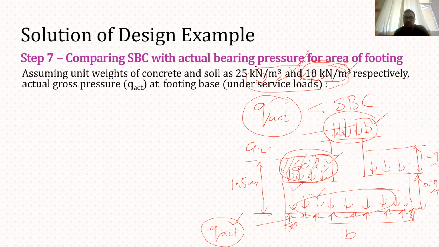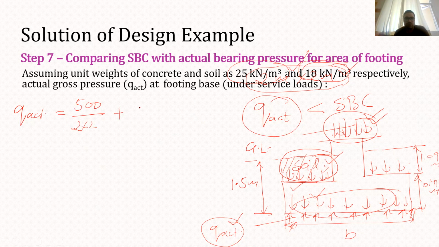So assuming the density of RCC as 25 kilonewton per meter cube. Now, ultimately, how do we find out Q actual? Q actual will be the pressure caused due to the load coming from the column. So the load on the column is actually 500, and the area of footing is 2 by 2, plus the weight of